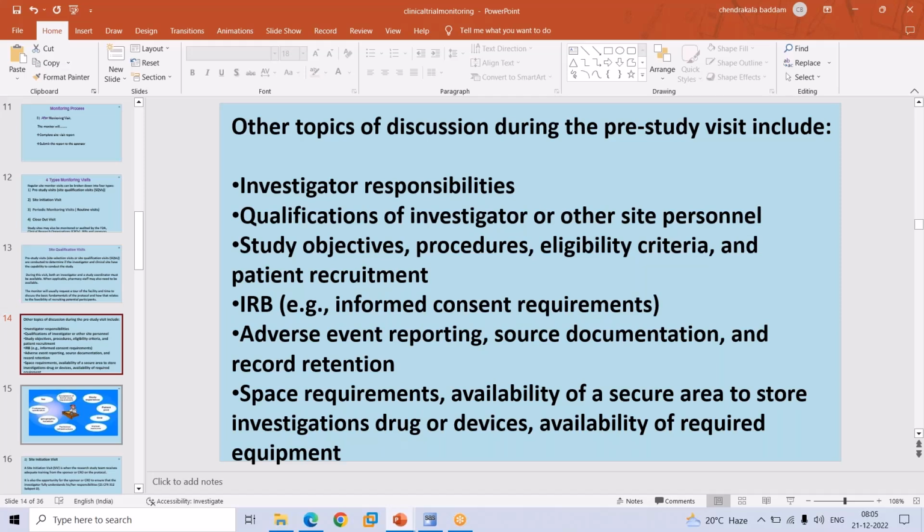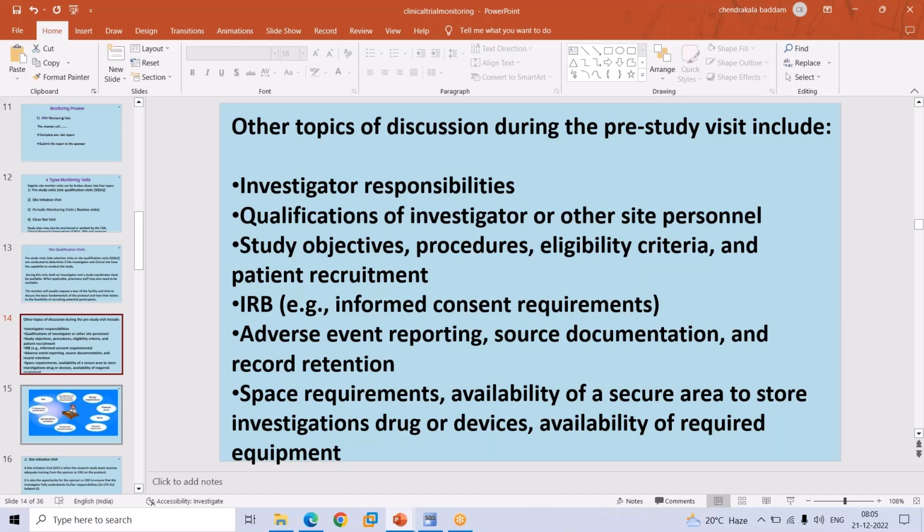The most common objectives are safety and efficacy. What are all the procedures that they are going to follow? Inclusion exclusion criteria. And how the patients are going to be recruited. Is it direct recruitment, by releasing advertisements, or patient referrals, physician referrals? That is the recruitment process. Okay. They also check for the IRB,